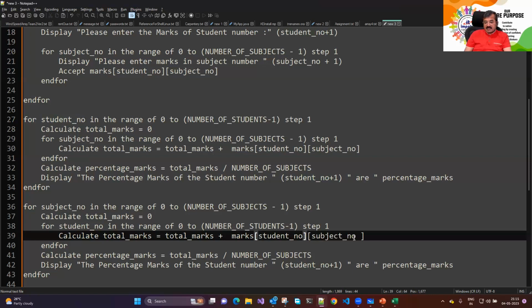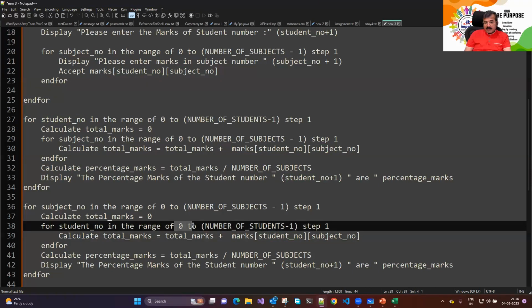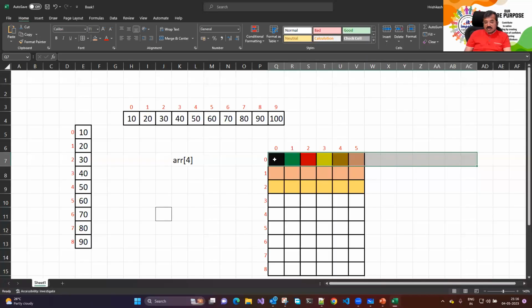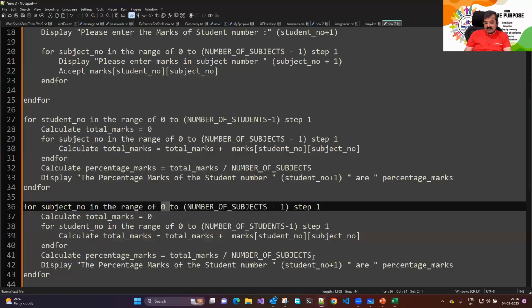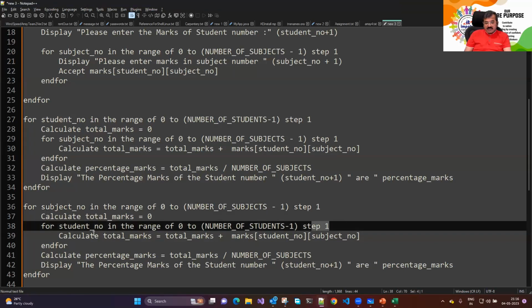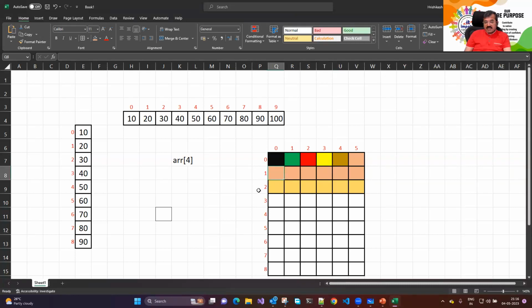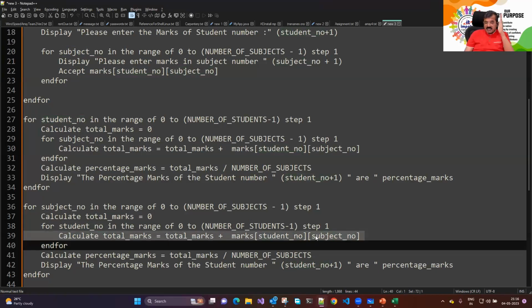अगर मैंने ऐसे रखा जैसे पहले रखा था, पहला तो रो नंबर दूसरा कॉलम नंबर, मैंने कहा स्टूडेंट नंबर। अब स्टूडेंट नंबर पहली बार क्या है बताइए मुझे? जीरो है। सब्जेक्ट नंबर क्या है फॉर द फर्स्ट टाइम? 0 है। तो 0,0 इज द फर्स्ट सब्जेक्ट, फर्स्ट स्टूडेंट का मार्क्स। आफ्टर दिस स्टेप 1 स्टूडेंट नंबर इंक्रीज, स्टूडेंट नंबर बिकम्स 1, तो ये बन जाएगा 1,0। फिर 2,0, फिर 3,0, 4,0, 5,0, 6,0, 7,0, 8,0 ऐसे स्टूडेंट नंबर चेंज करते जाएंगे। सब्जेक्ट नंबर फिक्स रखा है, तो उस कॉलम के सारे वैल्यूज हमने ऐड कर लिए।